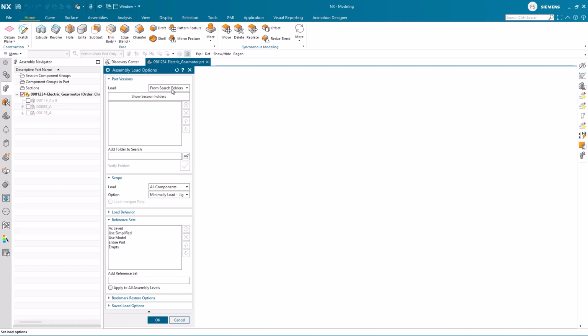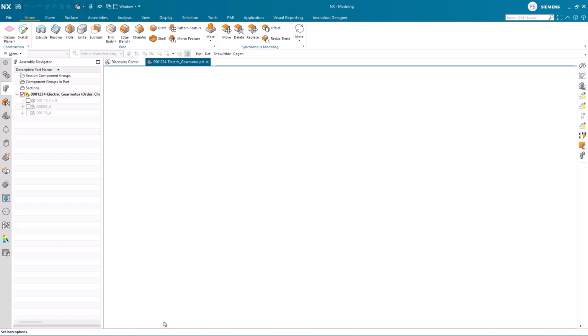Here we choose to use the From Search Folder option, and this time we define a path to where the assembly and files are stored on the file system. By clicking the Show Session Folder option, we quickly get to the folder where the assembly is stored. By adding three periods after the path, we tell the system to also search subfolders if there are any.